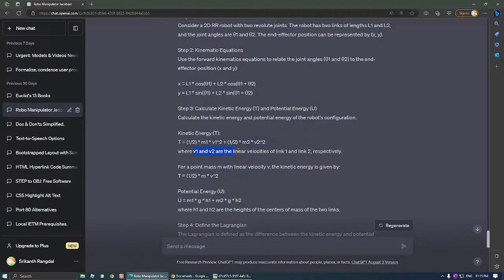So v1 and v2 are the linear velocities of links L1 and L2. It's probably going to mean the velocities of the center of gravity itself. So for a point mass m with linear velocity v, the kinetic energy is given by half mv square. Then the potential energy U